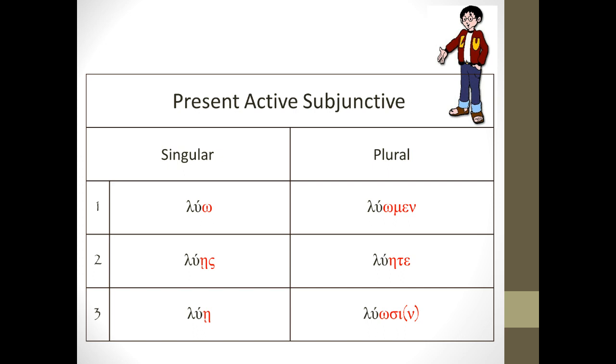Or if it was ean, meaning if, ean luo, then I would parse that luo as a present active subjunctive. We're changing that indicative first person singular, and it would mean if I should loose. Or you can look through all of these various ones and you see that when we have them, they all have a lengthening that's happened. The lueis in the second person singular has gone from epsilon iota that you're familiar with in your present tense verb in the indicative mood to now it's lueis with an eta iota subscript sigma.